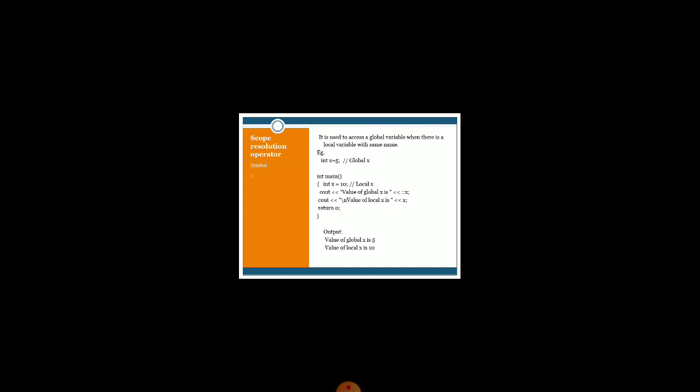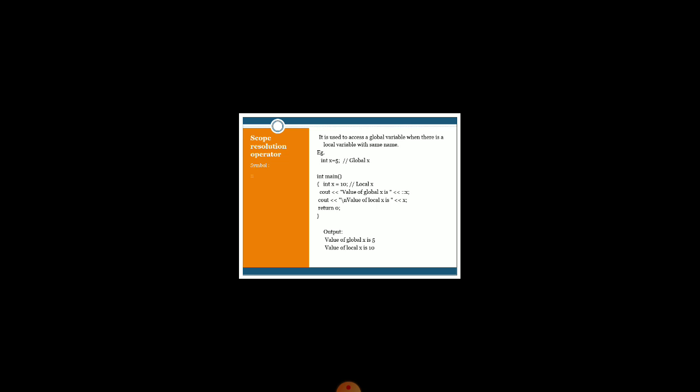It will always ignore the local value and only access the global value. So basically the scope resolution operator is used to access the global value rather than the local value, because the same variable name can be used to have different meanings in different blocks.